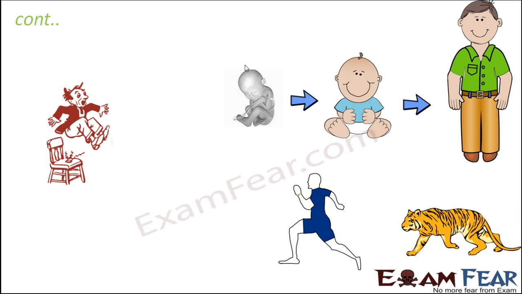Similarly, what will you do if you suddenly see a tiger running behind you? You will definitely start running. So what tells you that you have to run as soon as you see a tiger? Because you know that the tiger can actually eat you up, right? So you are scared of the tiger, and that is why you want to run. But the tiger is not telling you, okay, start running, I'm behind you. Is the tiger telling you? No. But how do you know that the tiger is behind you?